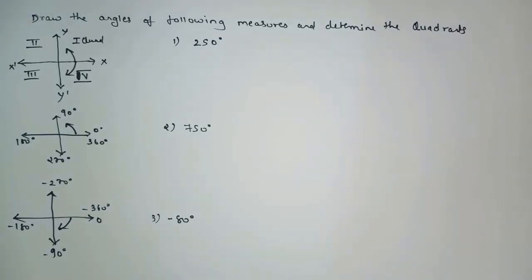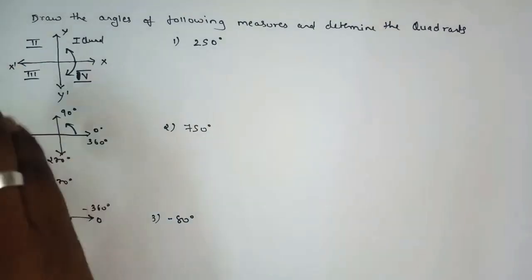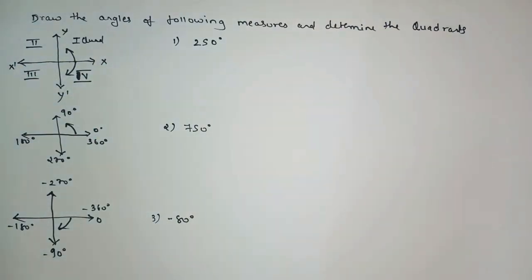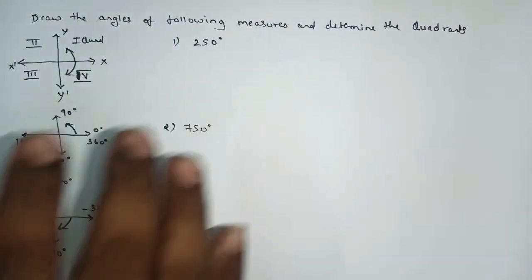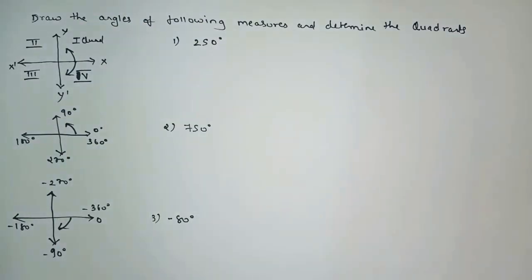As your next concept is what? Simply you have to draw the angles of the following measure, and you have to determine the quadrant. As this type of sums, it is there in the exercise. So simply what you will do, you have to draw the angles for the following measure. As here we have the following measures, 250, 750 and minus 180. You have to draw the angles of the following measures and determine the quadrant, like 250 lies in which quadrant, 750 lies in which quadrant, minus 180 lies in which quadrant. As this type of sum, this concept actually it is there in the exercise. Now we'll see